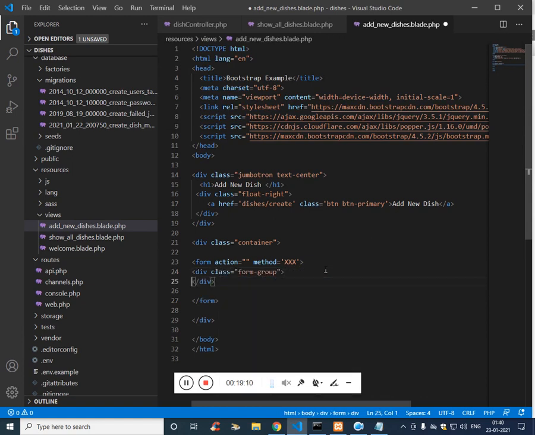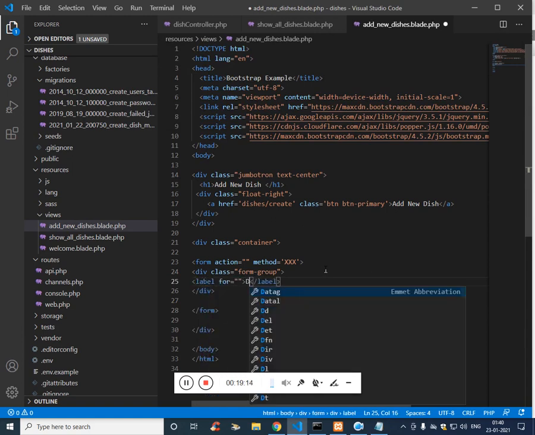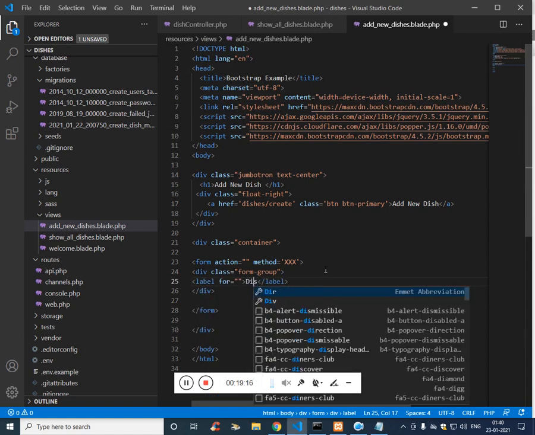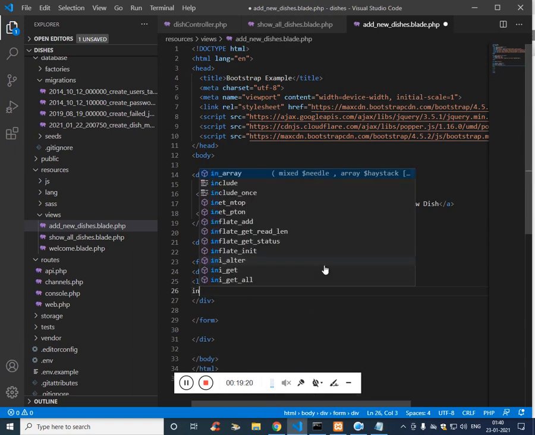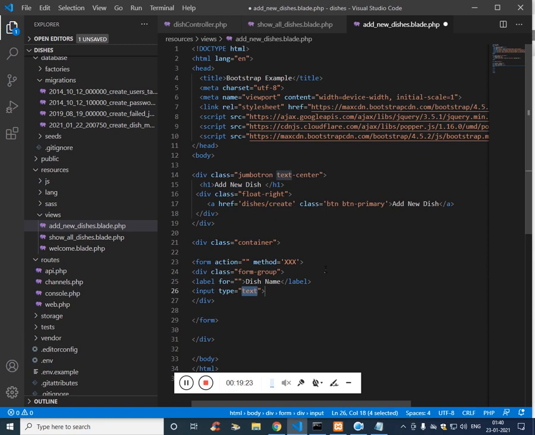Form group, label, dish name, input type, it is going to be text. We'll have the class form-control, and then we have the name as dishname without underscore.